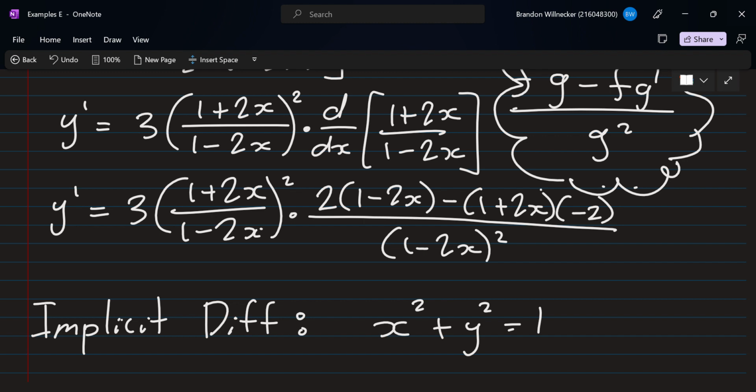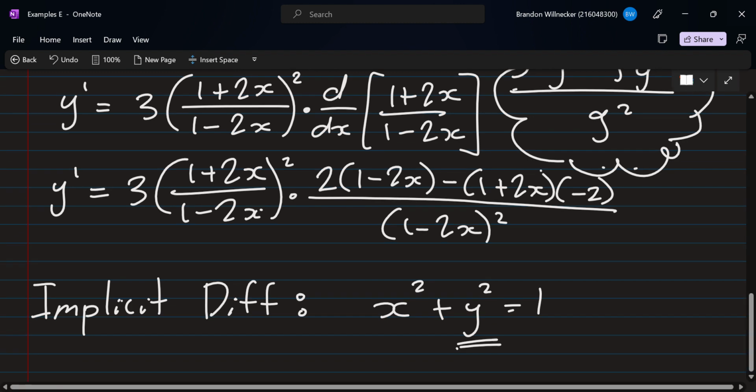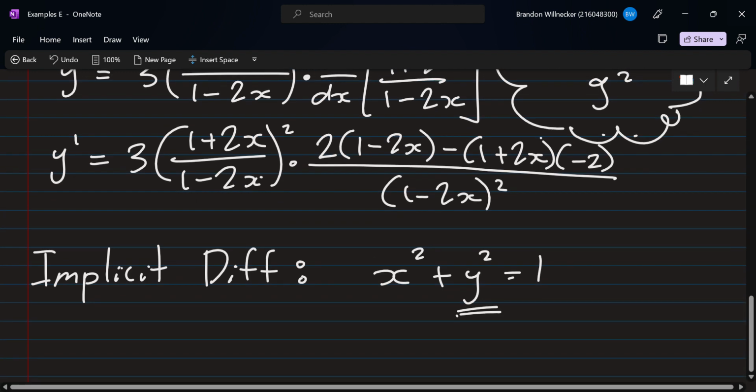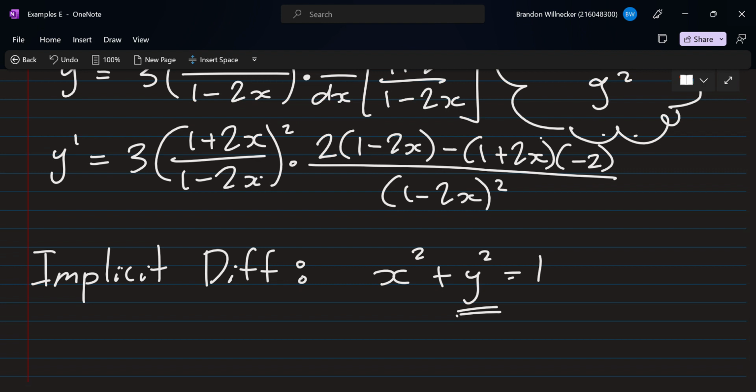When we are doing implicit differentiation, we need to be careful that this y squared is not treated the same as x squared. It's not a variable on its own. It is, in fact, a function of x, and we need to treat it like that. It can get a bit complicated, but we'll go through it step by step. And then the main reason for looking at implicit differentiation, which we will do in the next lecture, is finding derivatives